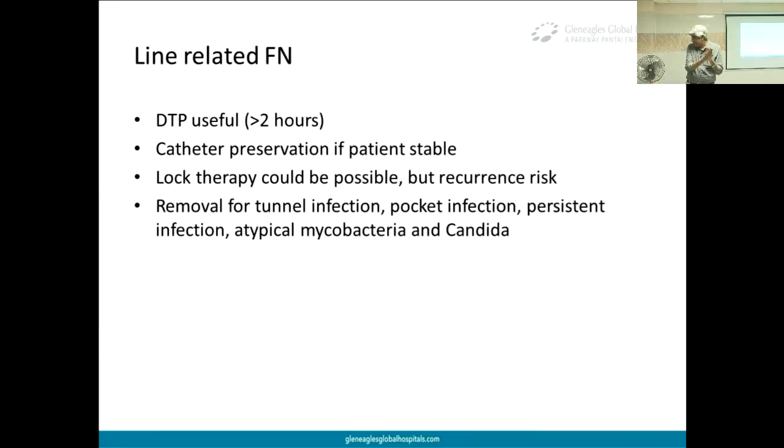Again, she said this. Do not try to preserve the line if you have a tunnel infection, pocket infection, persistent infection, atypical mycobacteria, candida, difficult to treat organisms, things like that. Right? I'll give you an example. Let's say you have candida albicans. Precious line, you're trying to lock it with an echinocandin. It may work. I'm not saying no. But candida auris